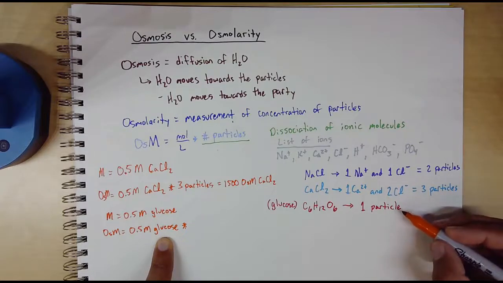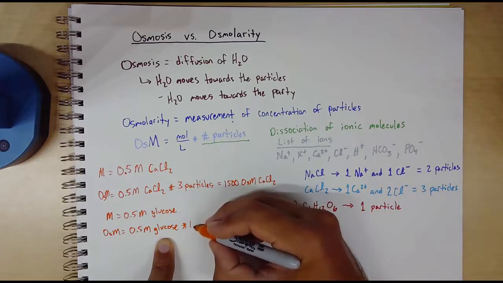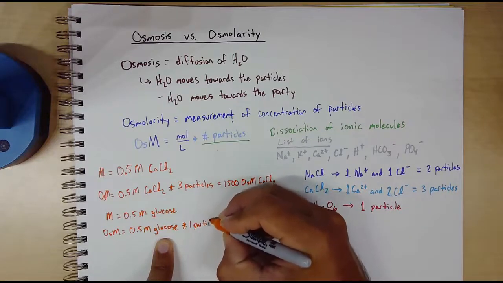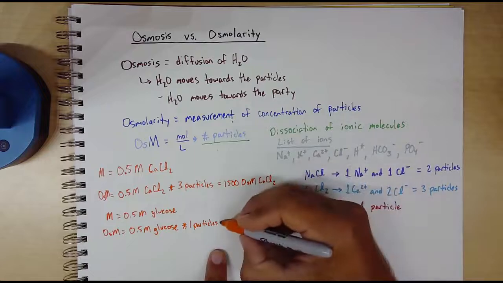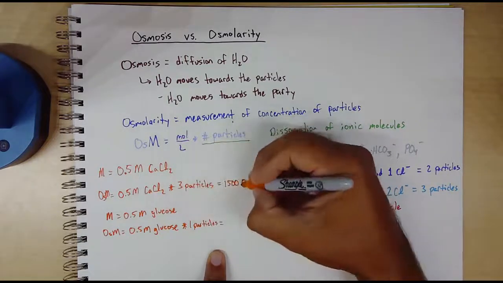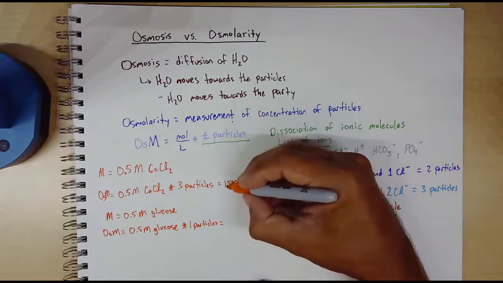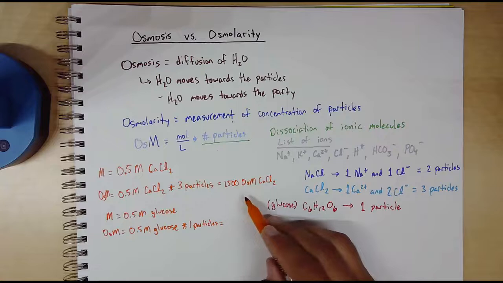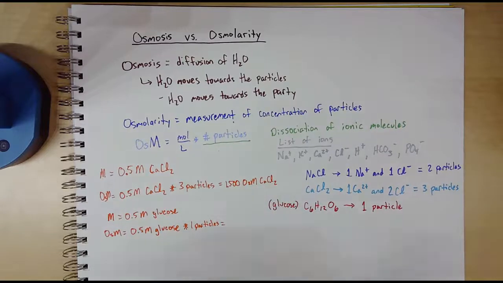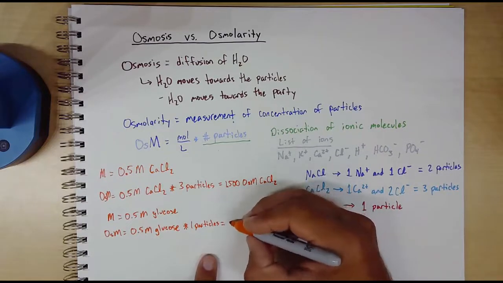Well, it's not getting ripped at all. It's going to stay as 1 particle. So when it comes to osmolarity, this just stays, oh, I messed this up. I said 1,500. It's actually 1,500 milliosmoles, and that doesn't help you guys right now, so I apologize. This would be 1.5 osmoles, and we're going to go back and calculate it as milliosmolarity. But down here, 0.5 molar times 1 particle, that's just 0.5